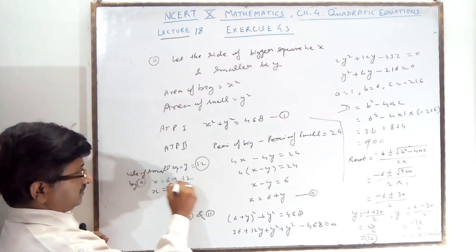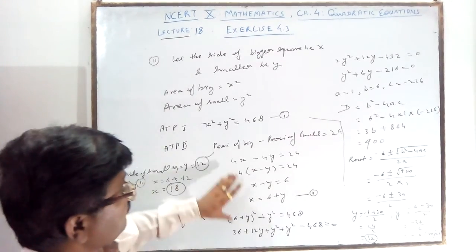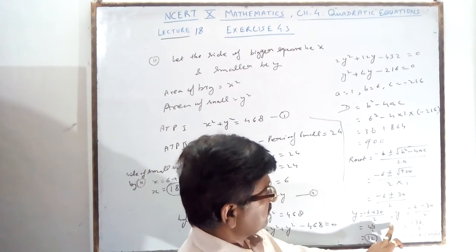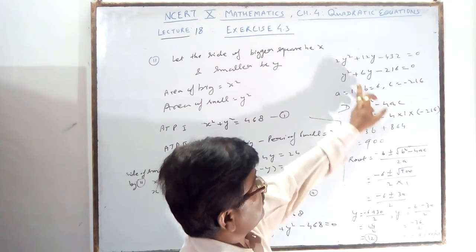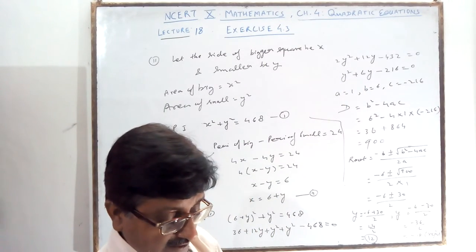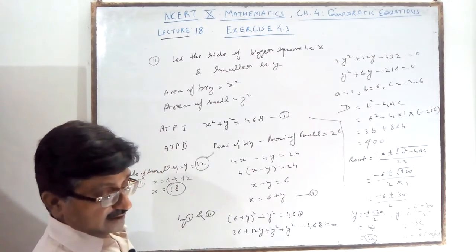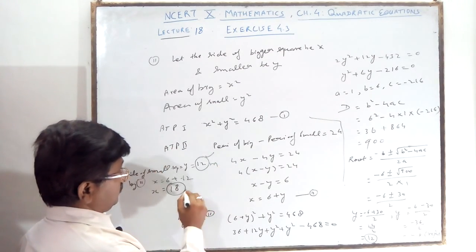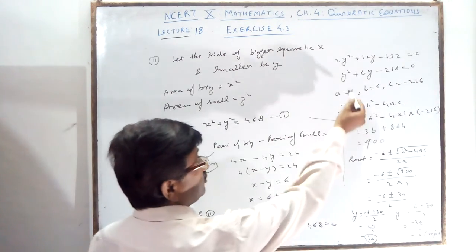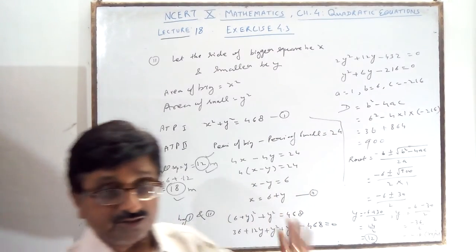So there are two answers. The small square is 12 meters and the big square is 18 meters, because the variable used here is y, so the root will be the value of y, not x. By mistake I have written x, so you will see it is y. Find the side of the two squares: one square is 12 meters, and the other square is 18 meters. These are the two answers you are getting. If by mistake you write x, then it will be wrong. Okay, thanks, and this finishes this exercise.